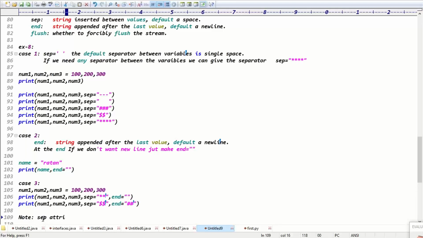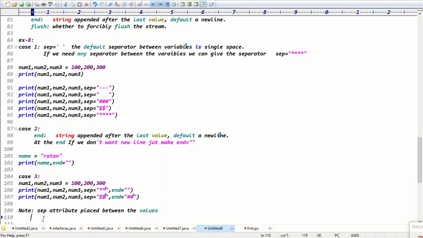The sep attribute is placed between the values, right? Values. What about end, guys? The sep attribute is placed between values.